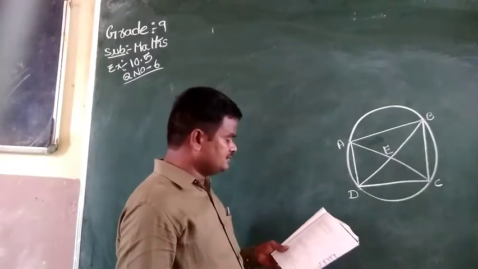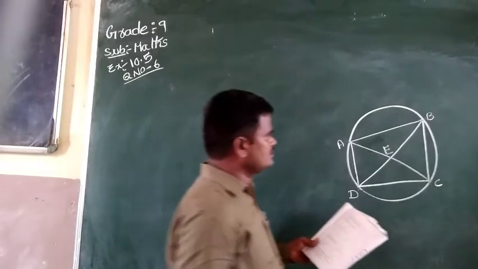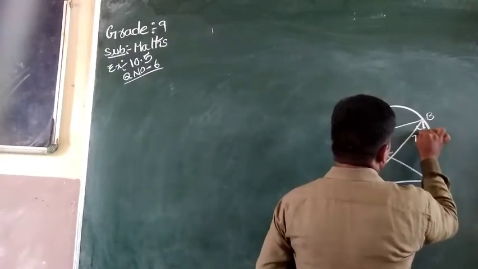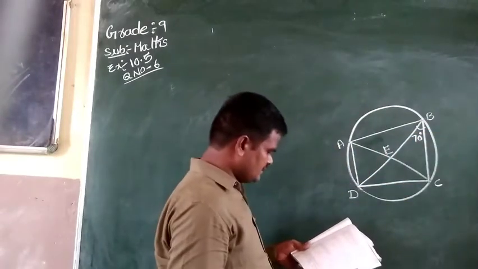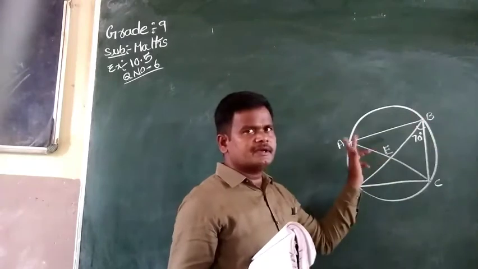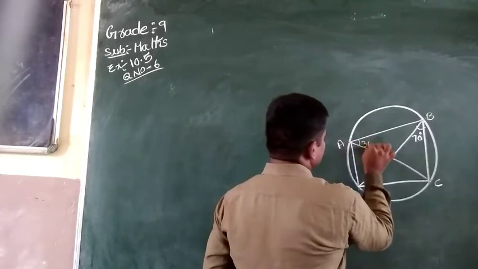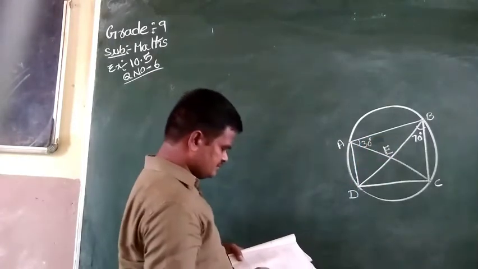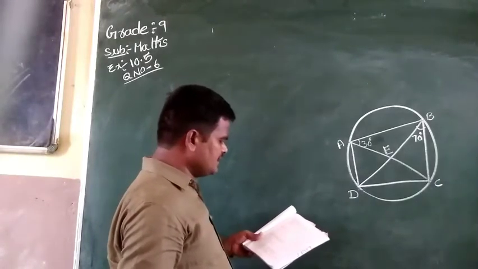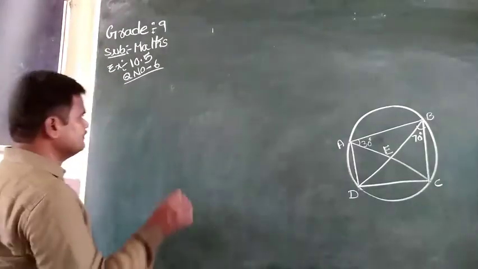And also given that angle DBC equal to 70 degrees. This is the given 70 degrees. And also angle BAC equal to 30 degrees. This is 30 degrees. So this is the given information. So you need to find BCD. Further AB equal to BC, find ECD. First of all, you have to write the given.